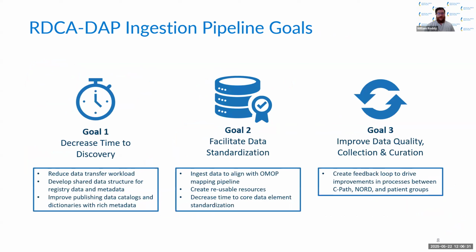When we said, well, what would standardization look like, and why would we do this? There are three goals that we were focused on. The first was to decrease the time to discovery. We wanted to reduce the data transfer workload. We wanted to reduce the manual processes that were involved, and be able to get data discoverable in the RDCA-DAP